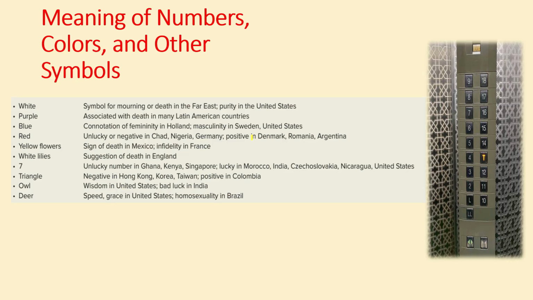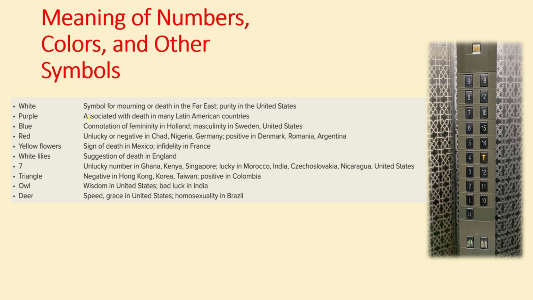This table demonstrates the meaning of various numbers, colors and other symbols. As you can see, for example, pink is generally for female in the USA, and blue is for male. In some other countries like Holland, this may be different. So what is the meaning of white? In Far Eastern countries and Middle Eastern countries, white is commonly worn, but in some countries like India, white actually symbolizes death. On the other hand, black is the color normally used in Christian dominated countries.